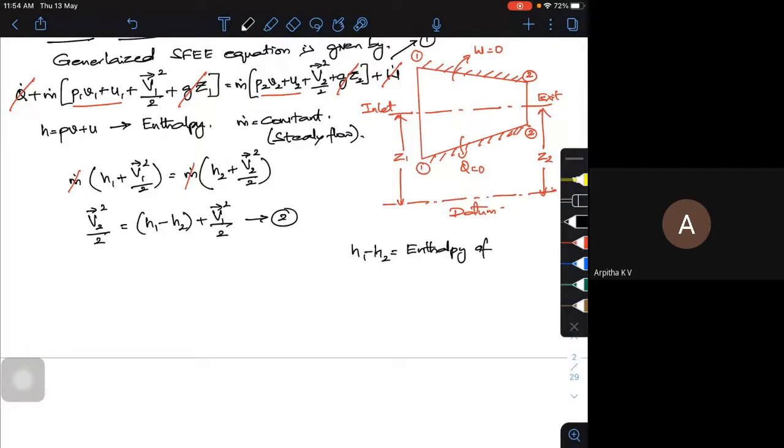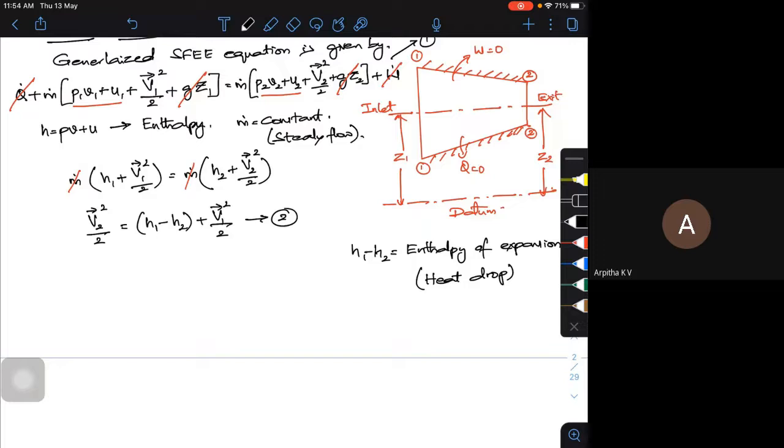Or to be very precise, this is your heat drop or enthalpy drop, what you have studied in your applied thermodynamics. Heat drop or enthalpy of expansion, whatever, all the names are the same. So Cp into T1 minus T2, you might have used. Or you directly take the H value from your Mollier diagram. You take the H1 value, you take the H2 value, take the difference of it, that gives directly the heat drop. So that's how we try to calculate.